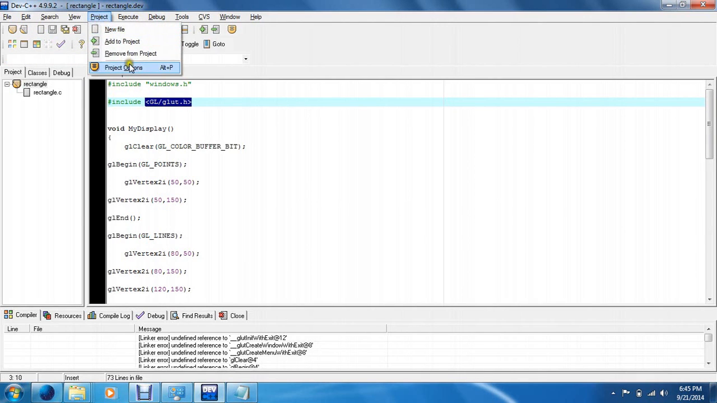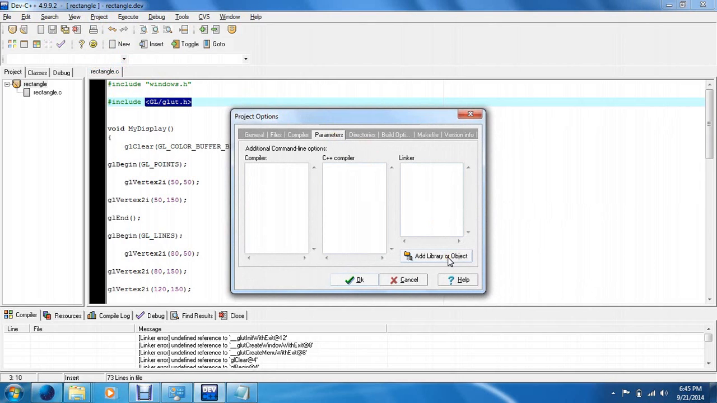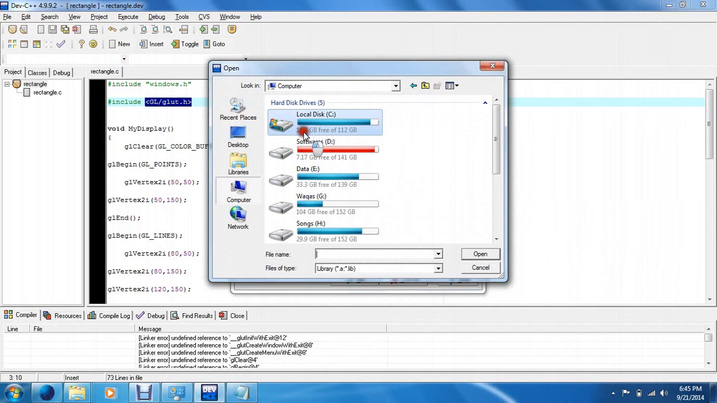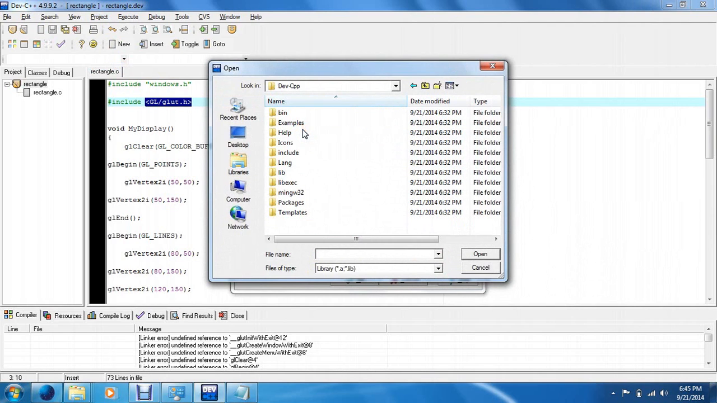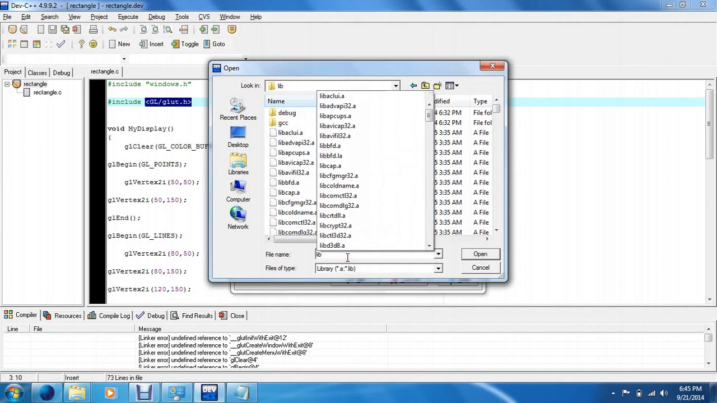So again, we're gonna go into the project and into the project options, then we are gonna go into the parameters, and add library. Here you would go into the Dev C++ folder again, that is actually in your C drive by default, and here you would go into the lib folder. Okay, and in lib now you would type in